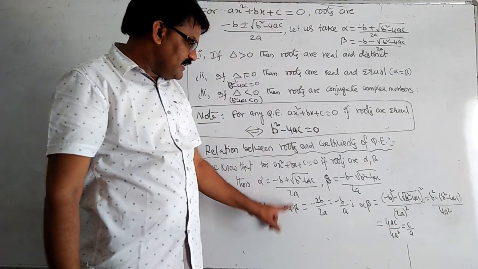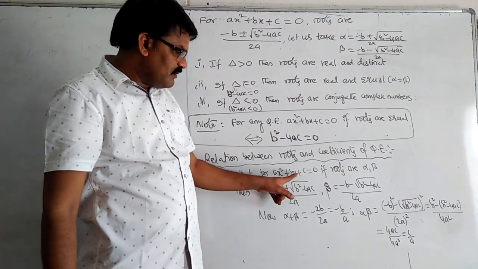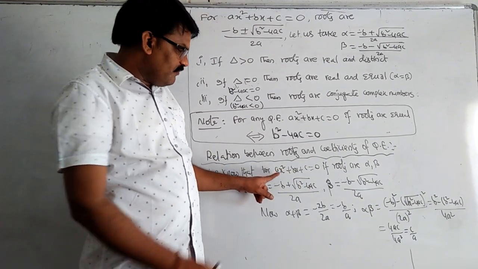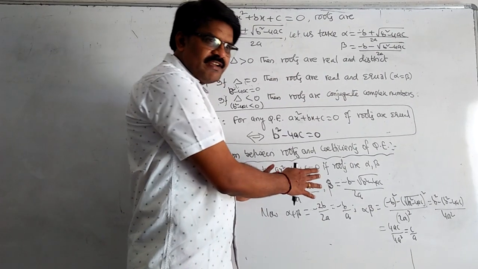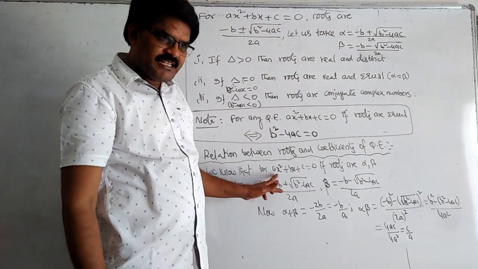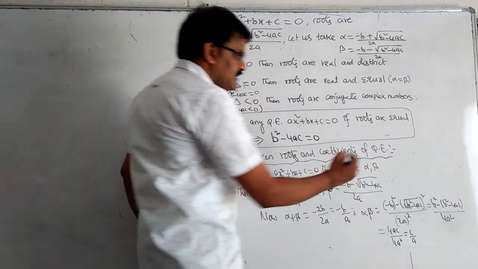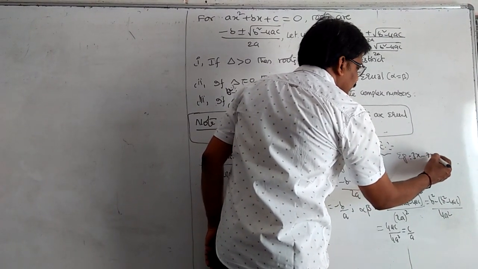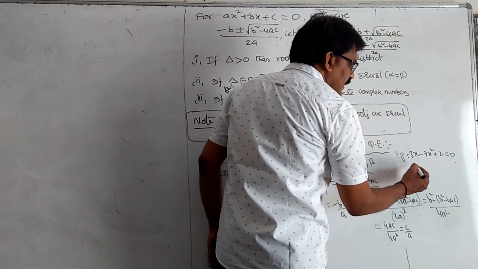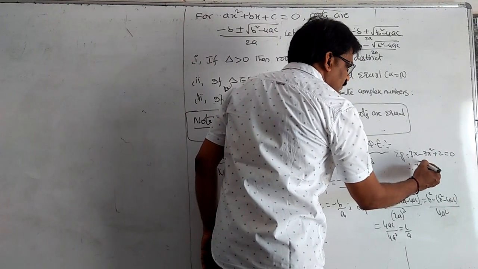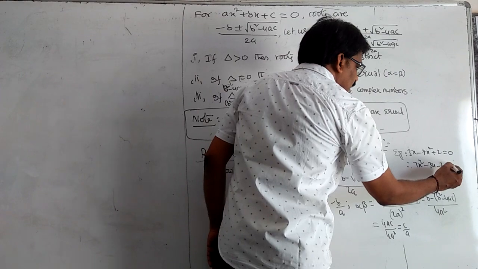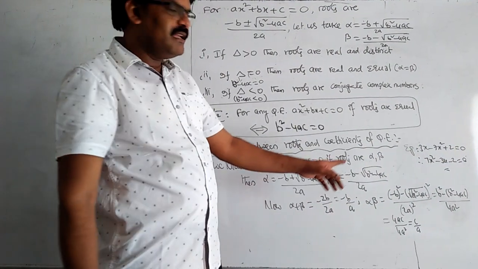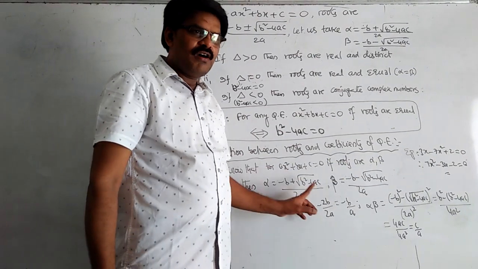The most important point is that a is x square coefficient, b is x coefficient, c must be constant. Wherever the quadratic equation is given, just write it in decreasing order. For example, if your quadratic equation is given as 3x minus 7x square plus 2 is equal to 0, write it as 7x square minus 3x minus 2 is equal to 0. Then find the values of a, b, c and substitute in the formula.